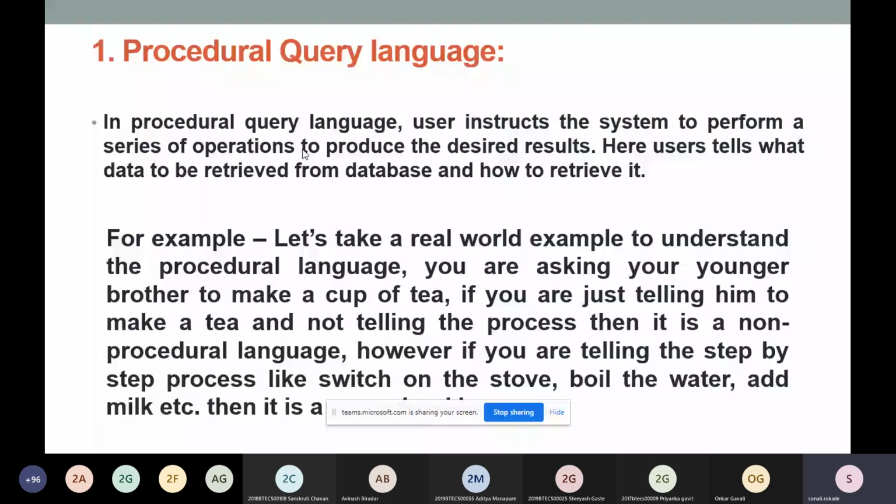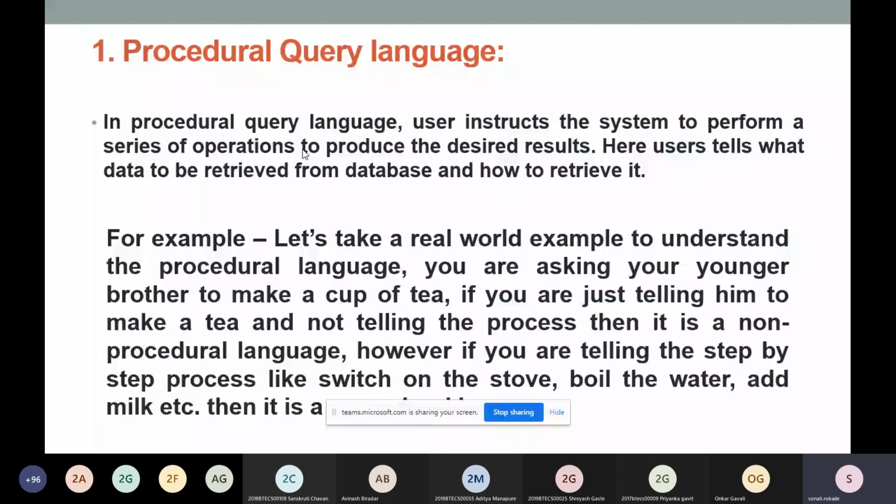Now let us take a real-world example. Suppose you ask your younger brother to make a cup of tea. If you just tell him to make tea and don't tell the process, it is non-procedural. If you tell him a step-by-step procedure for making tea, it is a procedural query language.